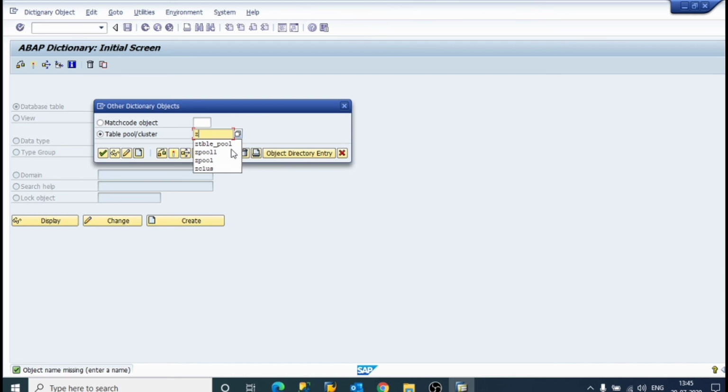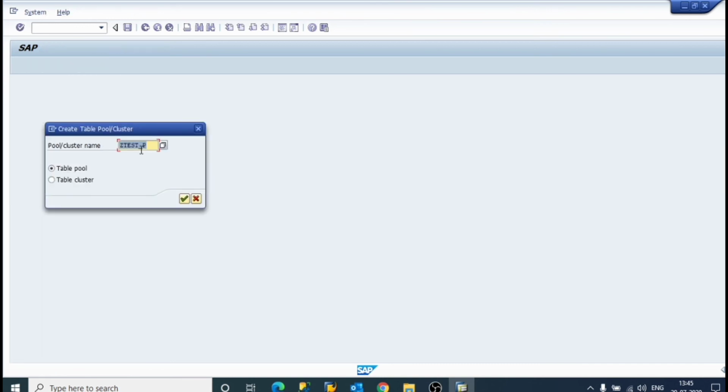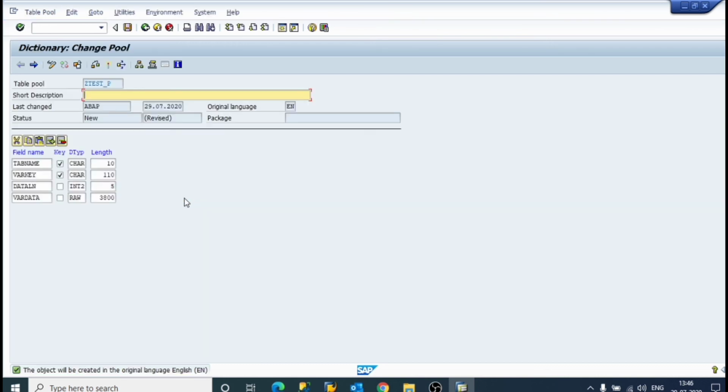Just write Z test P, then click on create. Now we are creating table pool, and after that we will create table cluster. So first we will create table pool. Just click on enter, create, yes, short description.